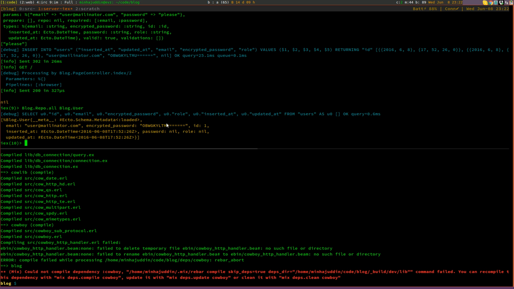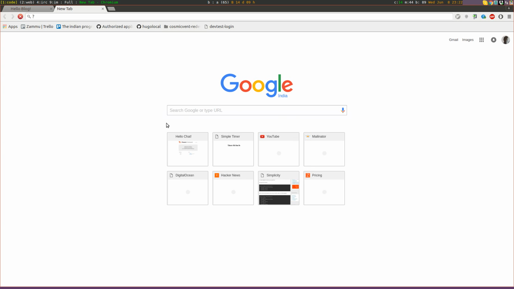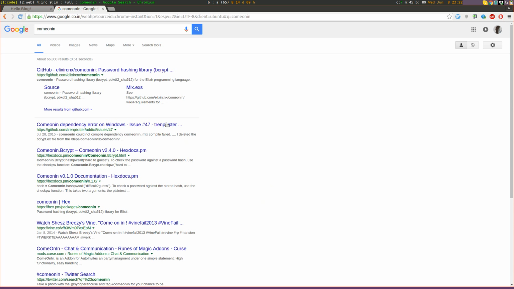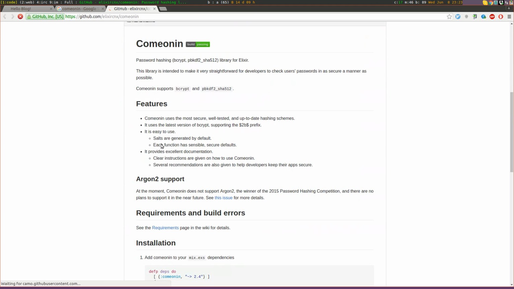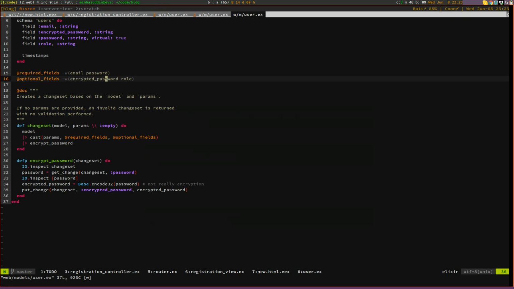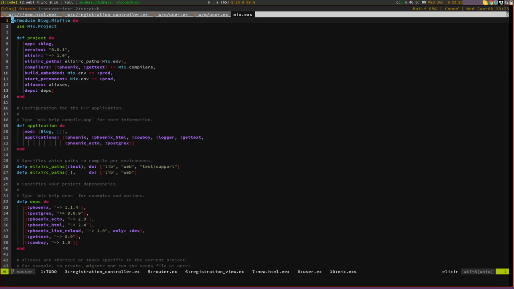We need to use proper encryption for this, and there is a package called comeonin, and this has a very nice bcrypt function which can be used to hash your passwords. So to use this, we need to add this to our dependencies. So let's do that. Go to our dependencies, add it right there,